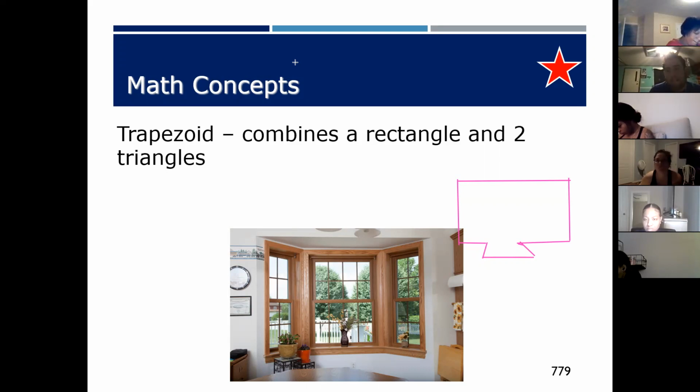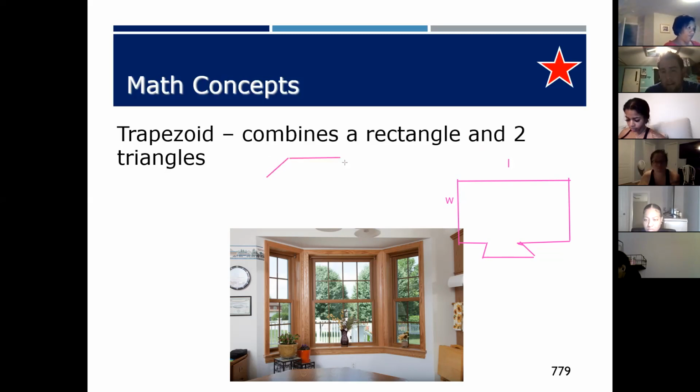So if the thing isn't in a square, rectangle, or triangle, then I have to kind of chop it up and make it into a space. If I'm measuring this kitchen, I would first measure the kitchen itself, the length times the width, to get the square feet of the kitchen. And then I would take this idea of a trapezoid